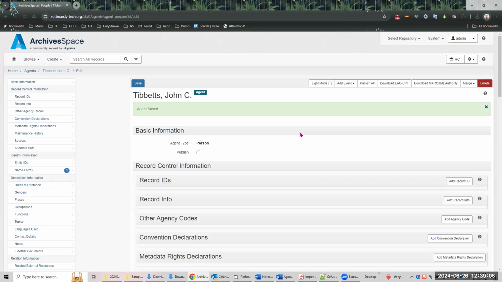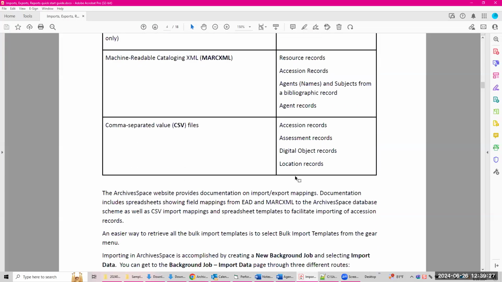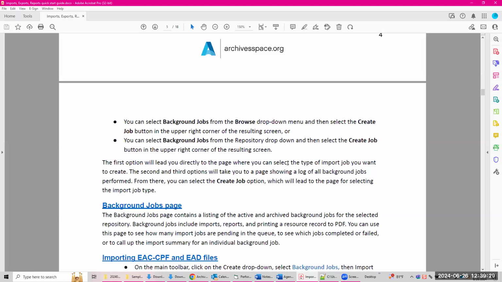I think that's it for the accession records. The digital objects and the location CSVs, like I said, are similar. You would just download them, fill them out, and import them. So let's go to this thing and go to page 5